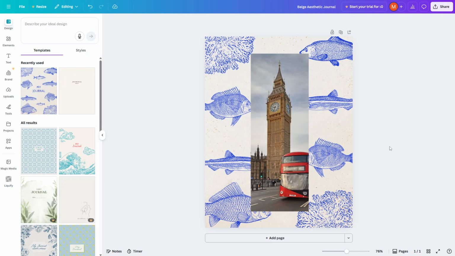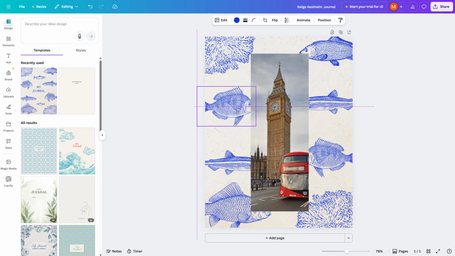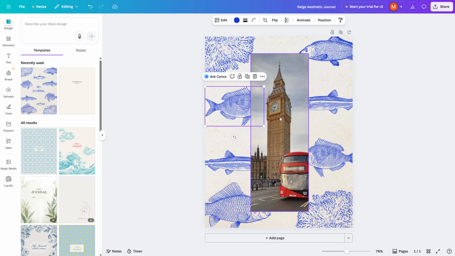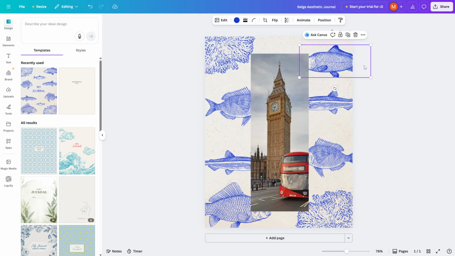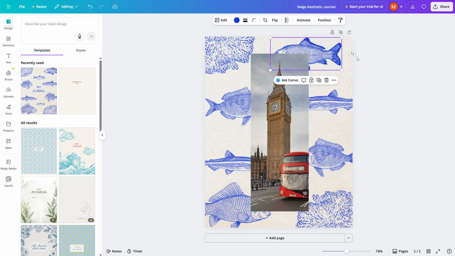Hi everyone, in today's video, I'll show you how to bend an object in Canva. While Canva doesn't have a direct bend feature, there's a creative workaround using built-in tools. Let's dive in. Start by opening your Canva project and placing the image or object you want to bend onto